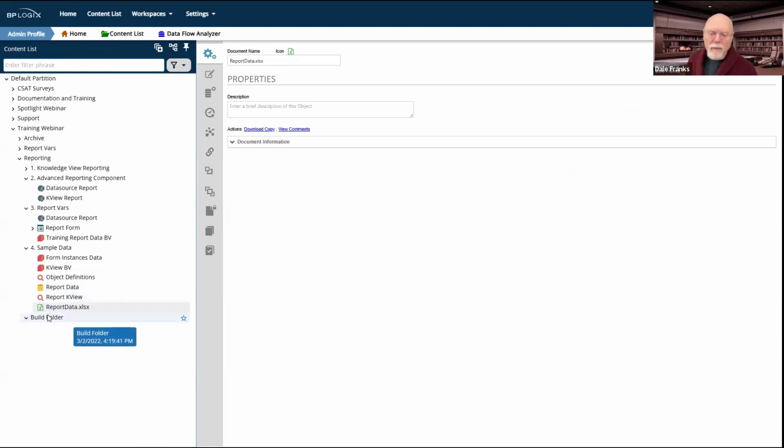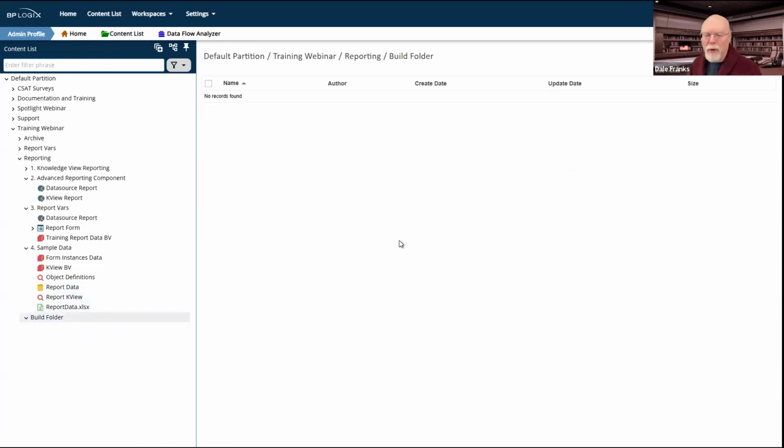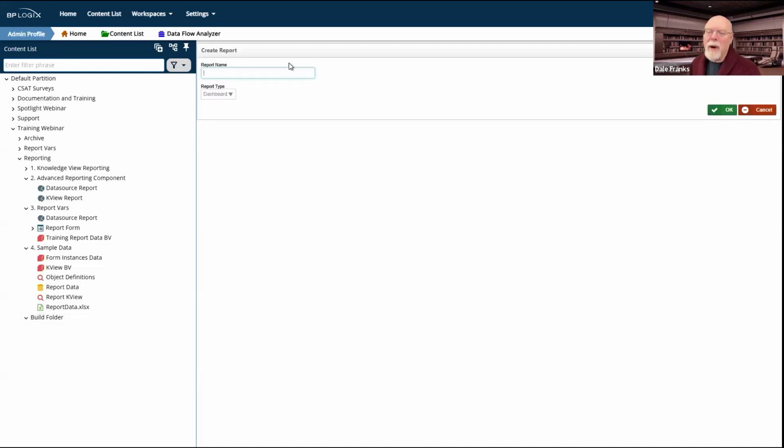So to build a report, we're just going to go into this build folder here, and we're just going to go ahead and create a report. So we'll go to create new, and we'll go to report. It was hard for me to find R because I'm unfamiliar with the English alphabet, apparently, but I did find it. So it's generating our report definition, taking a second to do so, but in the fullness of time, I'm sure we'll see it. And then we'll be able to begin configuring it. There we go. So we'll have our report name. We'll just call this first.